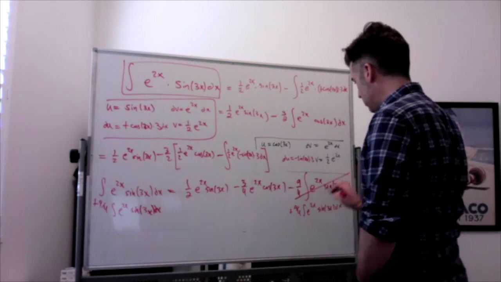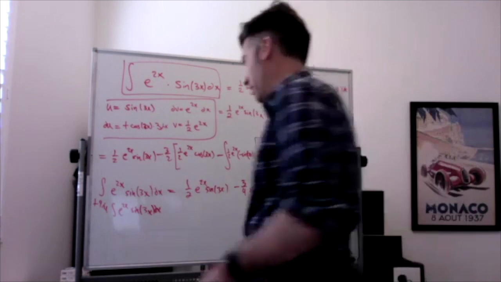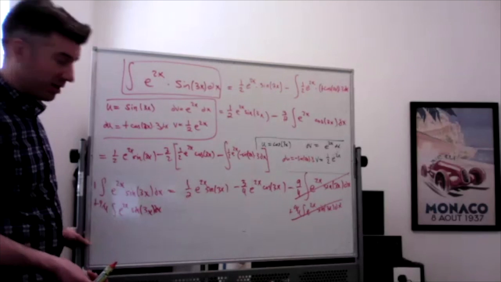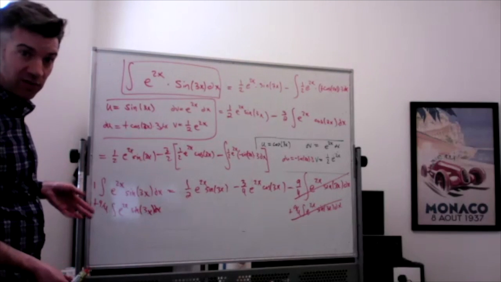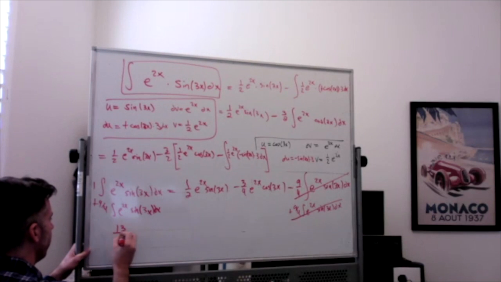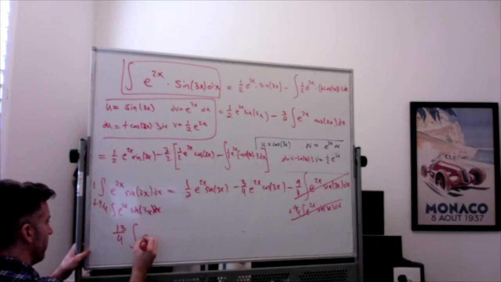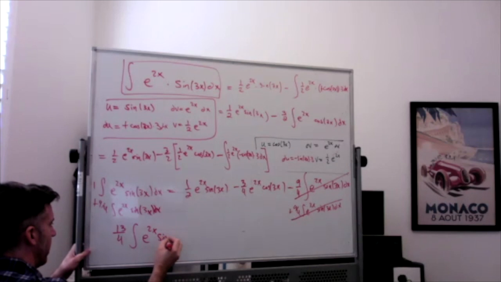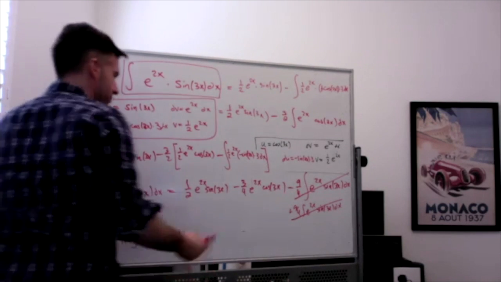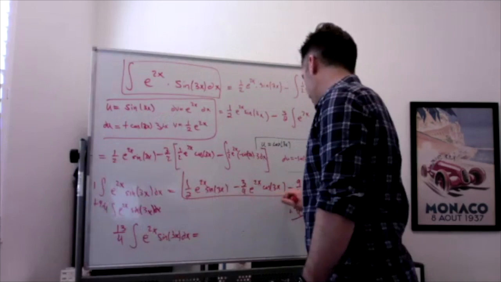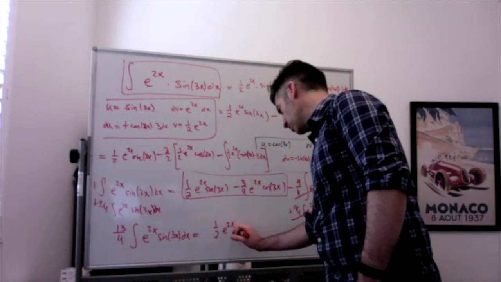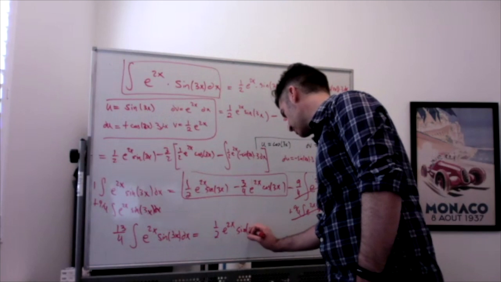These cancel, and you're left with 1 of a thing plus 9/4 of a thing. Well, 4/4 plus 9/4 is 13/4. So I get 13/4 of my integral of e to the 2x sine of 3x dx is equal to this part right here, 1/2 e to the 2x times sine of 3x,